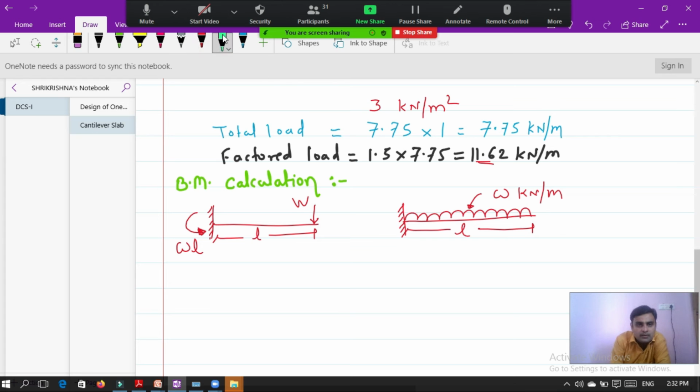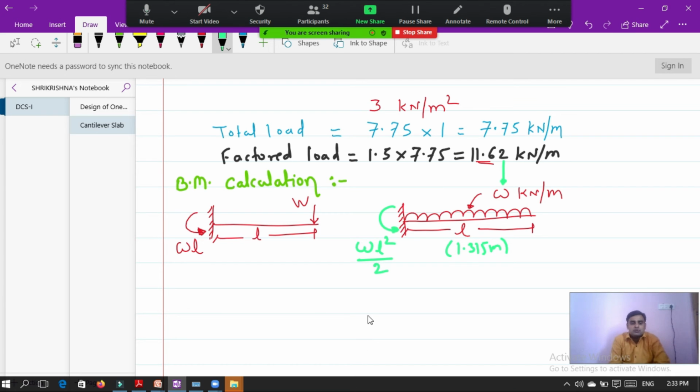Then the moment generated at this point will be WL square by 2. In the case of a cantilever slab also, this bending moment will be there. So for the UDL, the value of W is 11.62, and the value of L is 1.315 meter.